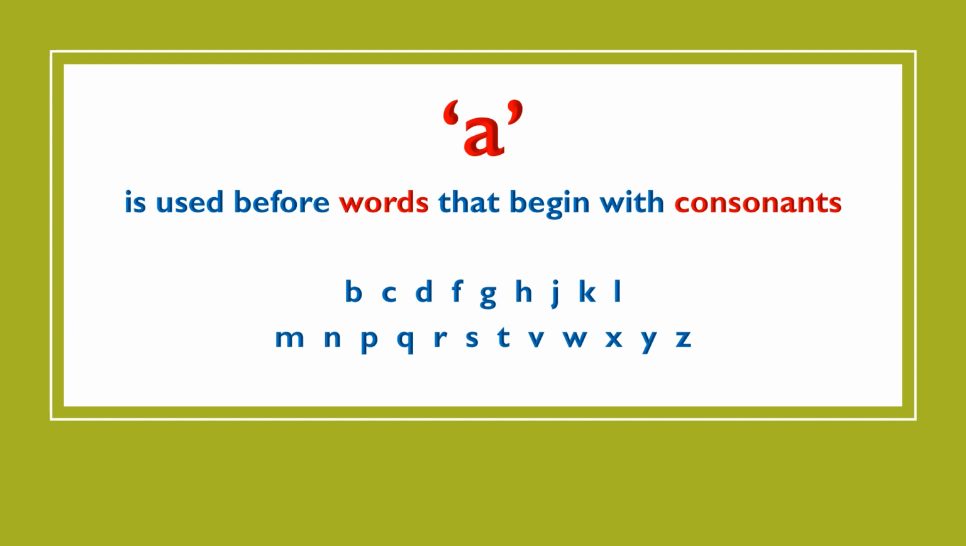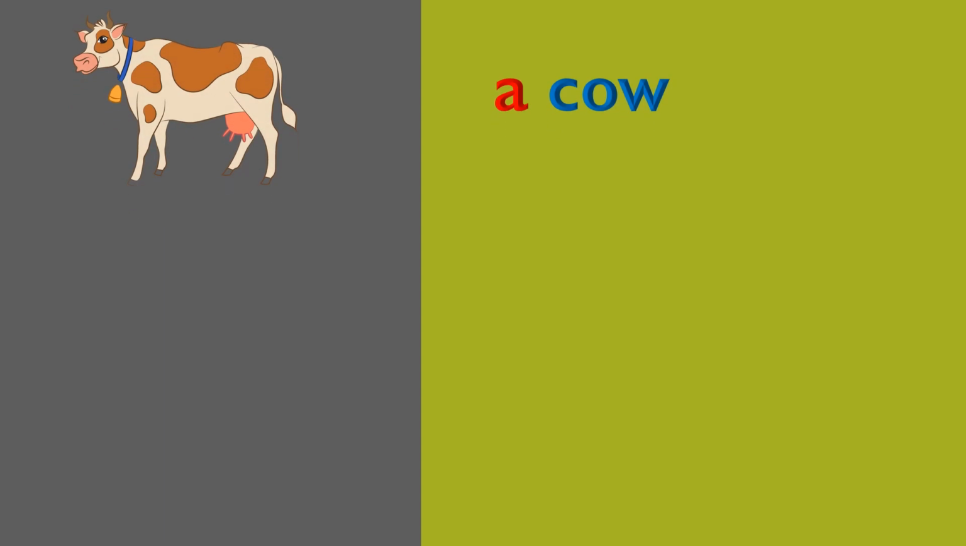A is used before words that begin with a consonant. You know what the consonants are? B, C, D, F, G, H, J, K, L, M, N, P, Q, R, S, T, V, W, X, Y, Z. These are consonants. How many are there? There are 21 consonants, such as a cow,